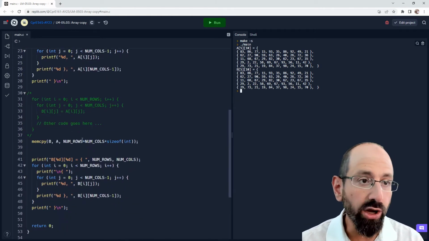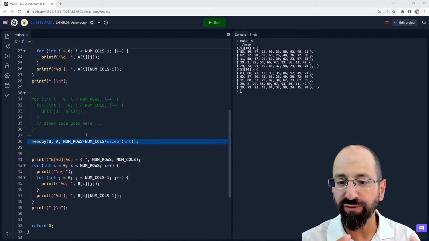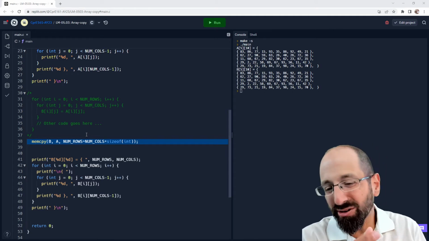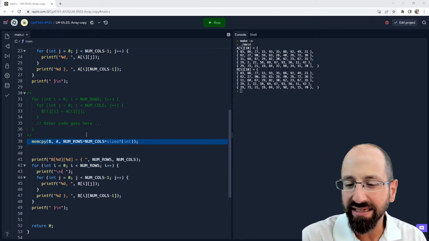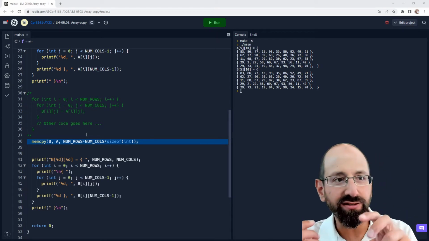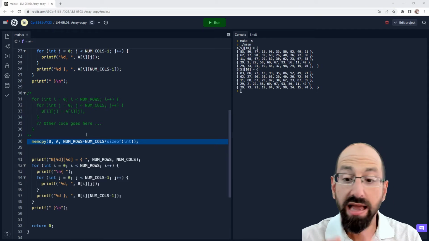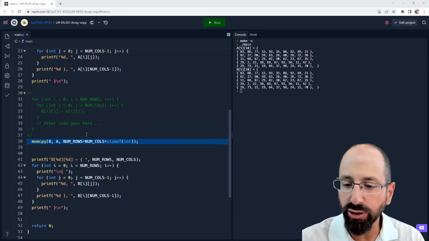Either approach is fine. Once you become adept with doing memcpy, I think it's safe to assume the authors of memcpy will write faster code than you did, but this code's a little harder to read as well, right? I mean, it's a somewhat obtuse kind of syntax. The destination goes first, then the source, and then you do have to calculate the correct number of bytes to do the copy. Either approach is totally fine for doing an array copy, and that's just showing that while we